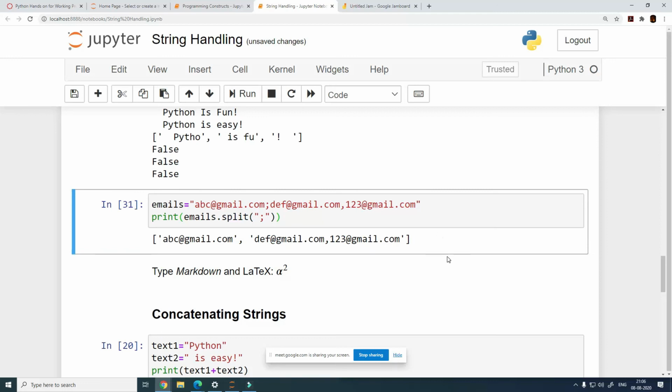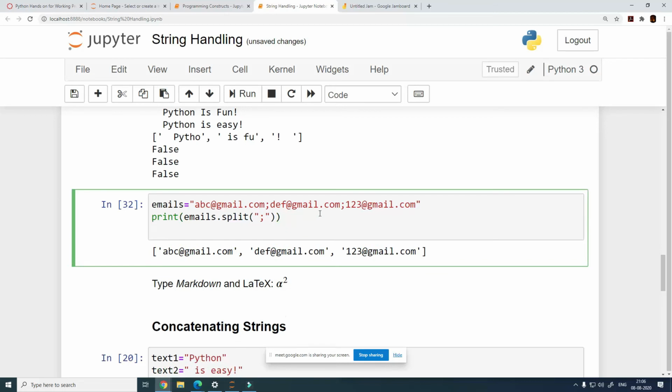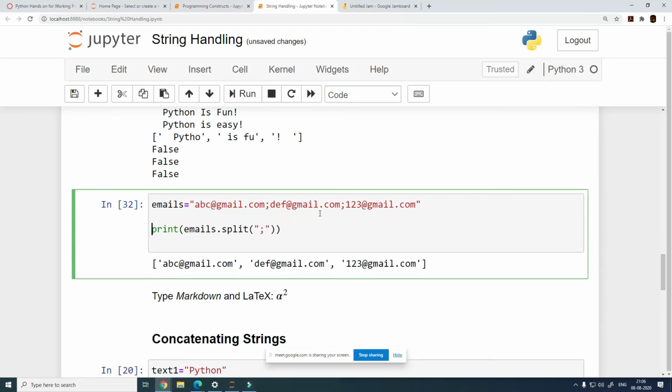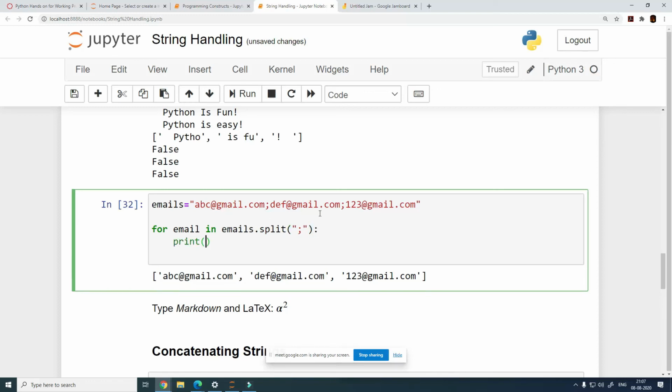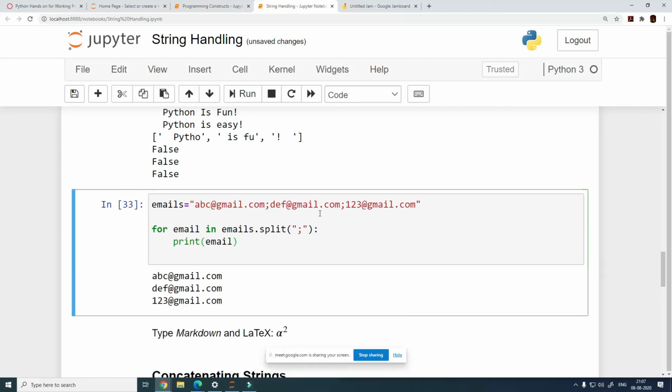See what is happening? Right now, all of these emails are separated as items in the list. And what we can further do, instead of printing this, is use this in a for loop: for email in the list, print email.